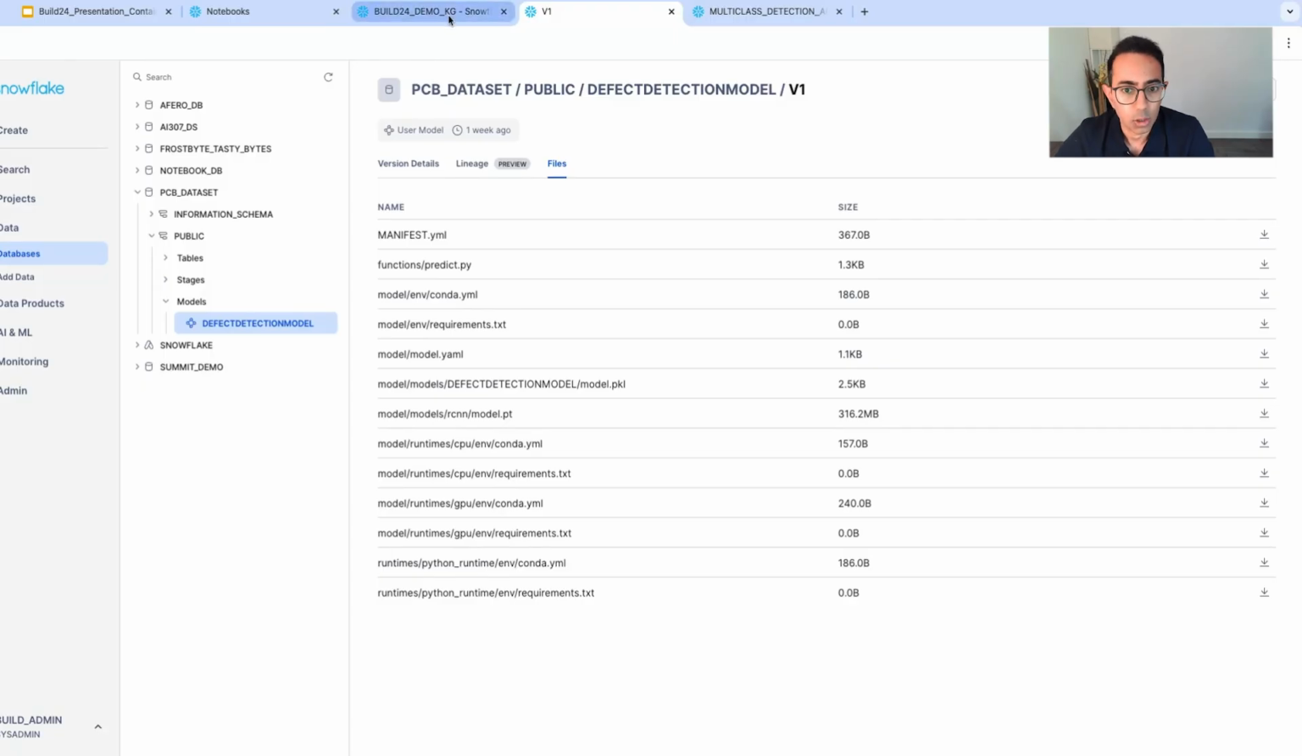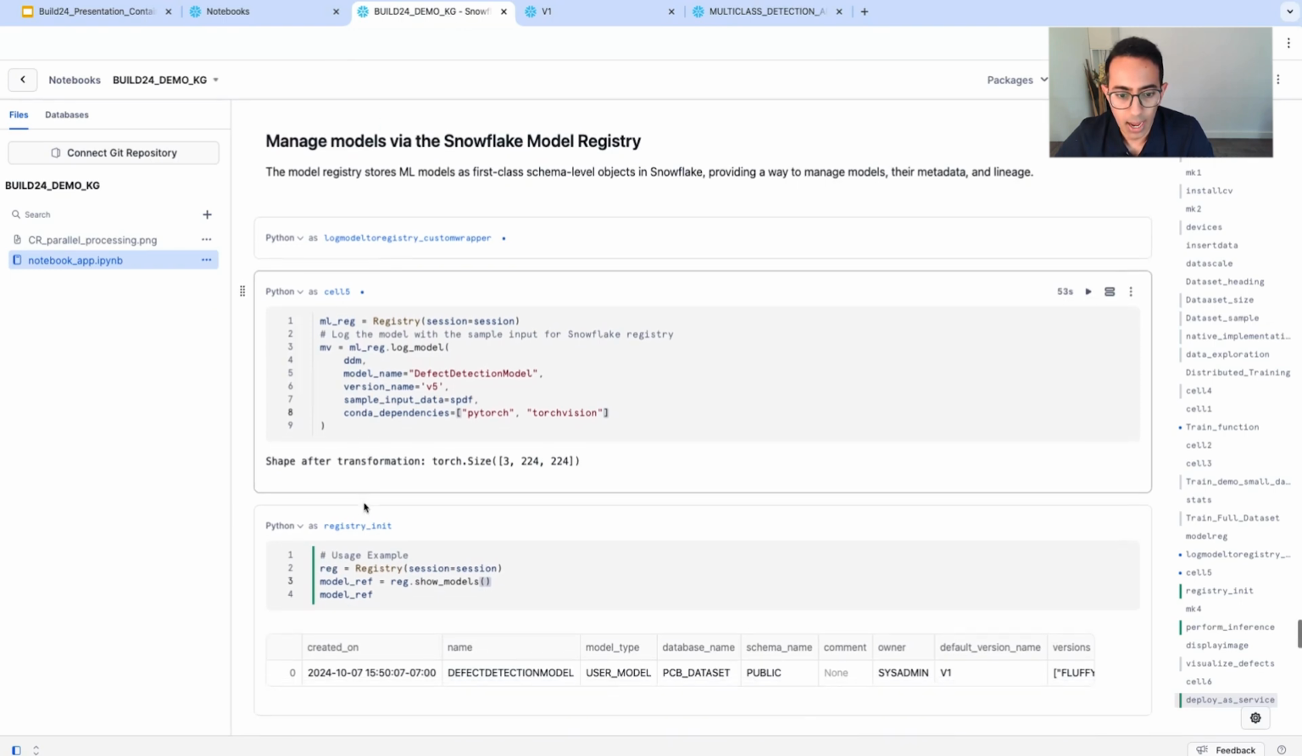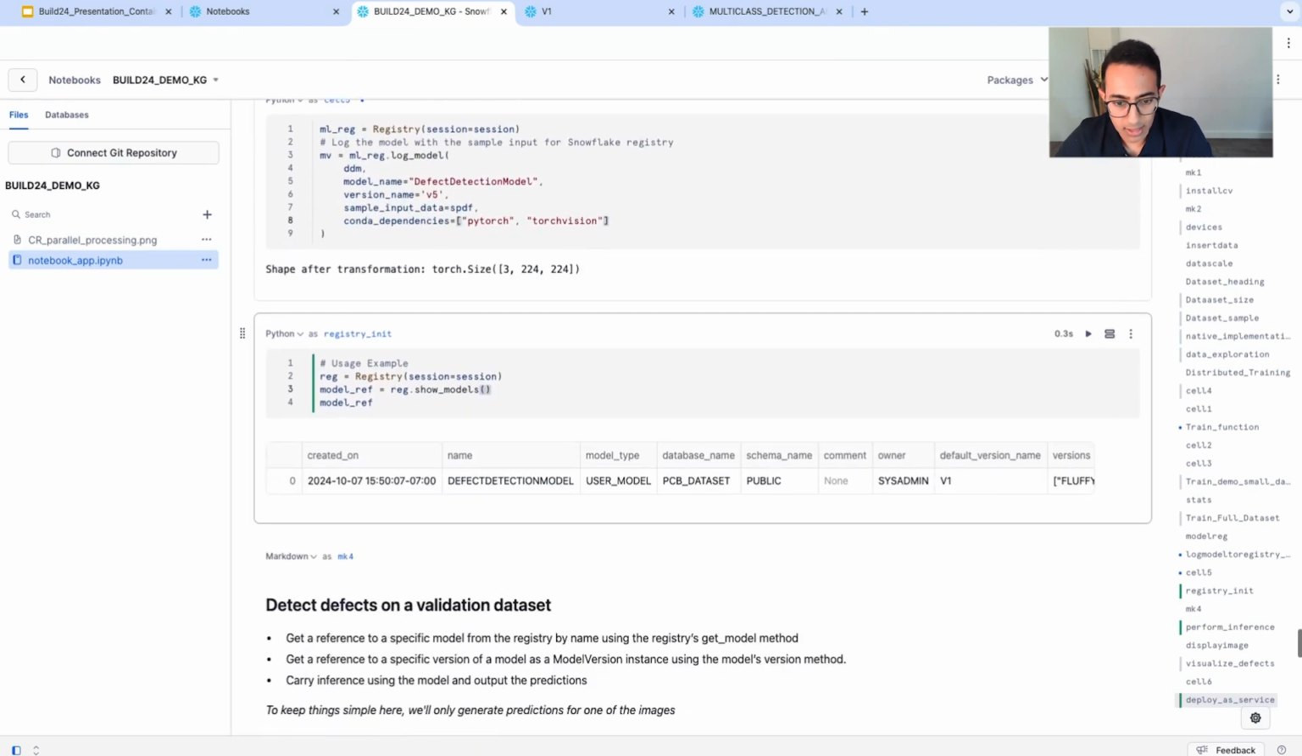So that way you have full manageability. The entire object is snapshotted and it's immutable. And that's critical for a lot of auditability and diagnosis use cases. Great. So we've seen the model has been registered, and let's now take the next step